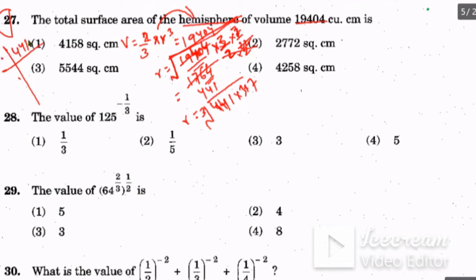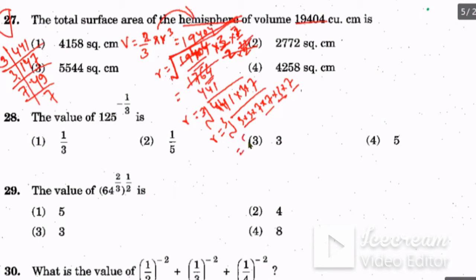So 4 plus 4, 8 plus 1, 9. So it is divisible by 9 and 3 both. So you can start with 3. 3 1s are 3, 3 4s are 12 and 3 7s are 21. Again it is divisible by 3. 3 4s are 12 and 3 9s are 27. Again it is divisible by 7, 7 7s are 49. So now you can write it here. r is equal to the cube root of 3 into 3 into 7 into 7 into 3 into 7. So 3 times 3 and 3 times 7, so you can have 3 into 7 as r. So r is 21.